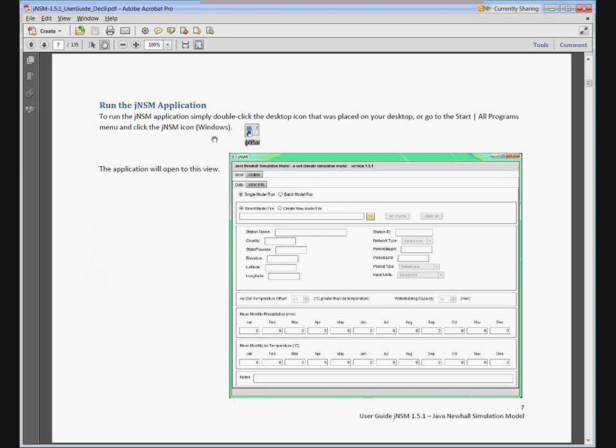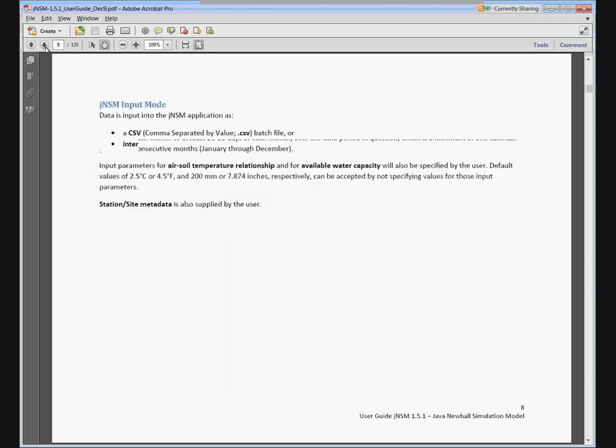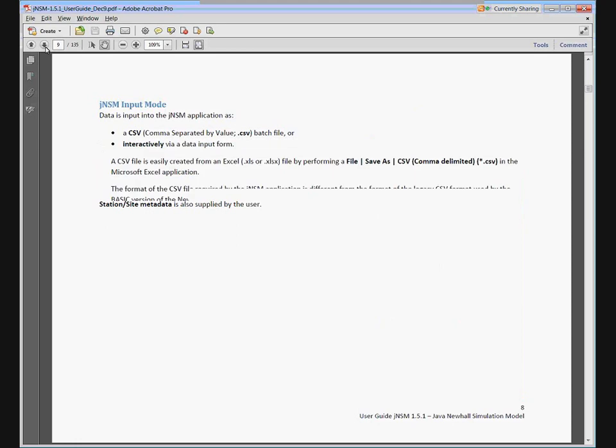Yeah. I guess I would invite all of you folks to look at the PDF in detail there, but mainly the important thing to know is that you can run the model in an interactive mode, or you can run it in the batch mode. At this point, I think I'm going to switch over to the,